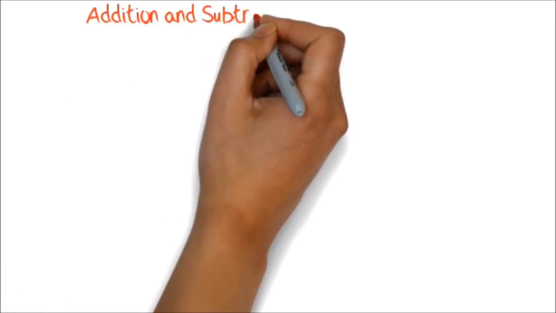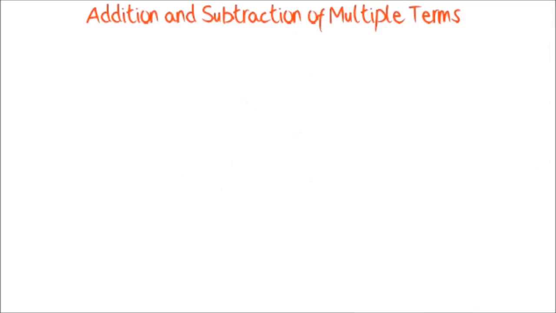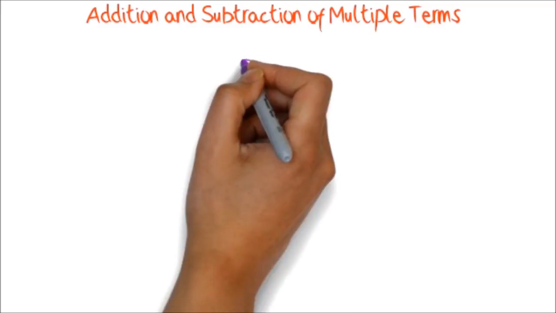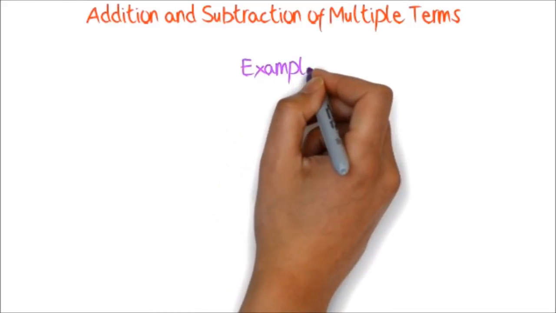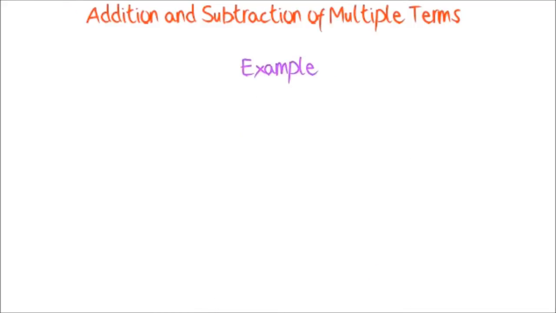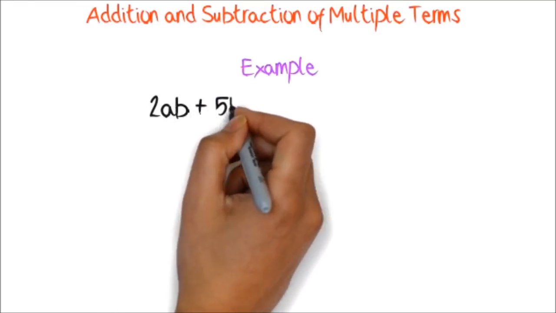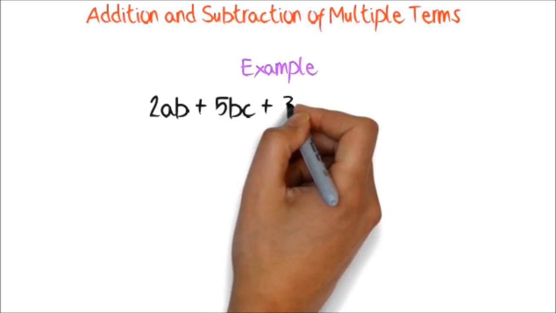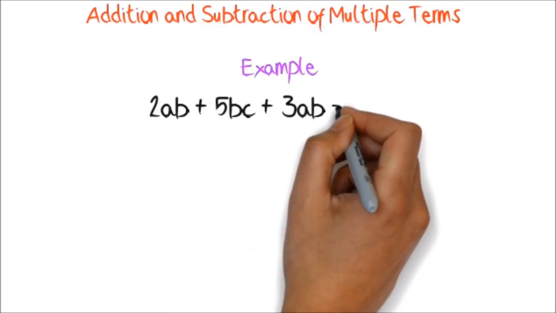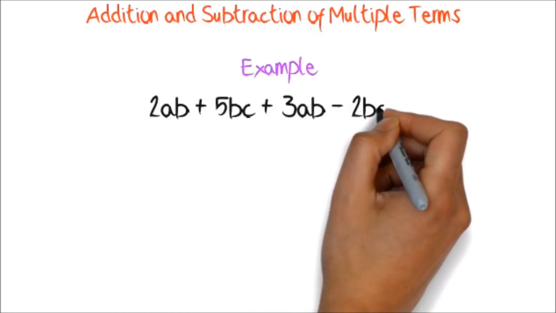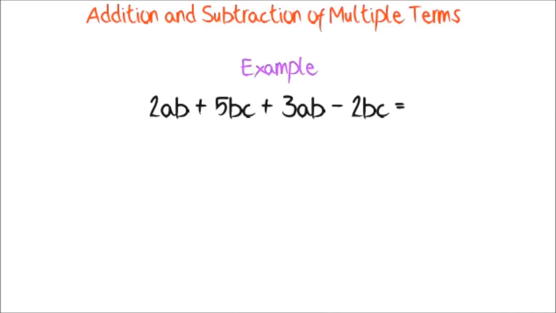Addition and subtraction of multiple terms. Like the way we added multiple numbers in basic math, we might have to add multiple terms in algebra. Let's try this. 2ab plus 5bc plus 3ab minus 2bc. Here, we take the first term,